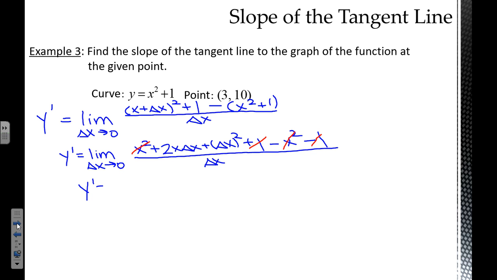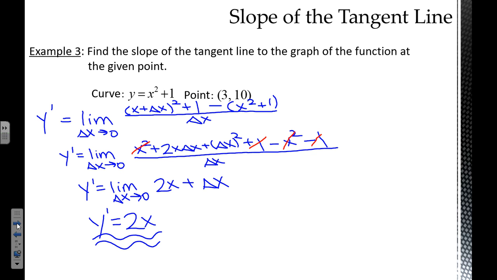So we can reduce this down to 2x plus delta x. Do you agree if we divide each of them by that delta x term? Okay. So when we actually evaluate the limit, we plug 0 in for delta x. Our derivative